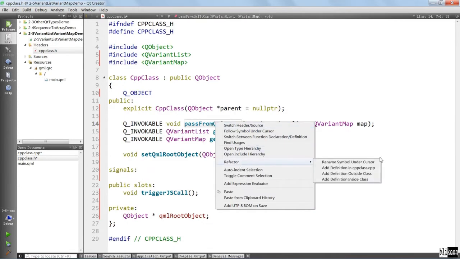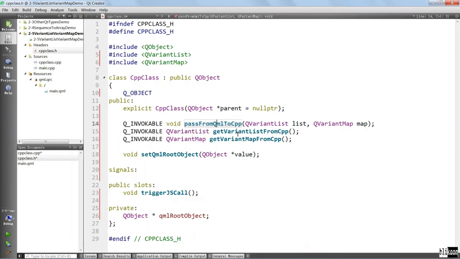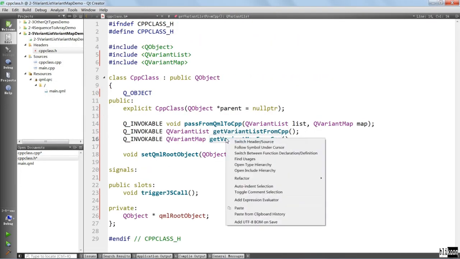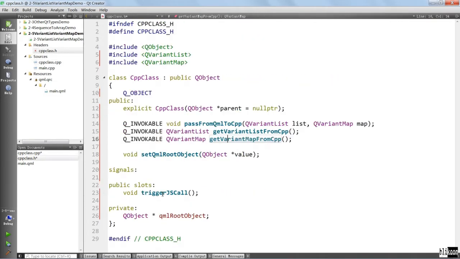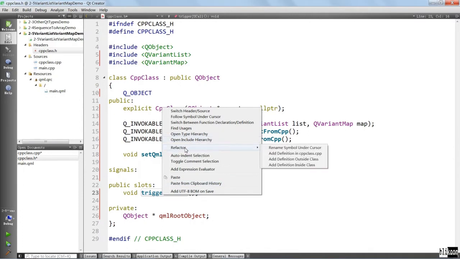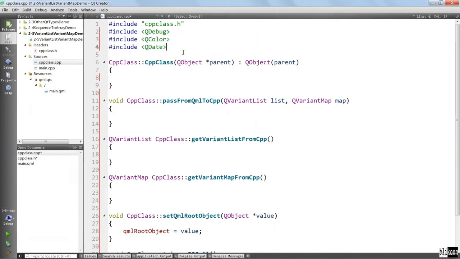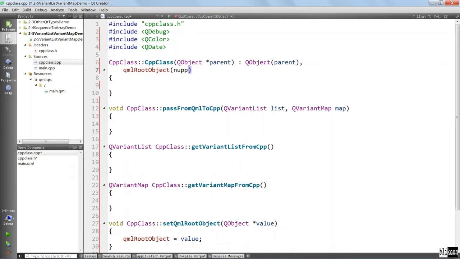Now we need to implement these things. Add definition in CPP, repeat the same steps, and do the same for the slot here. We want to include a few classes in the CPP file. We also want to initialize our QML root object to null pointer